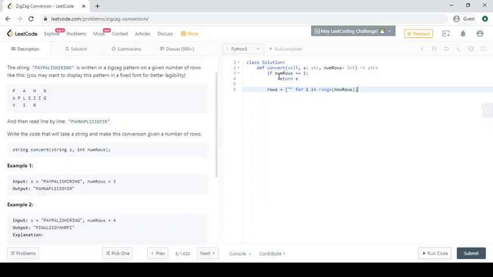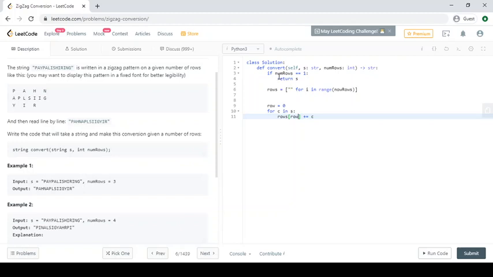Now we will do a loop and we will append to the variables. The current row will start at 0.